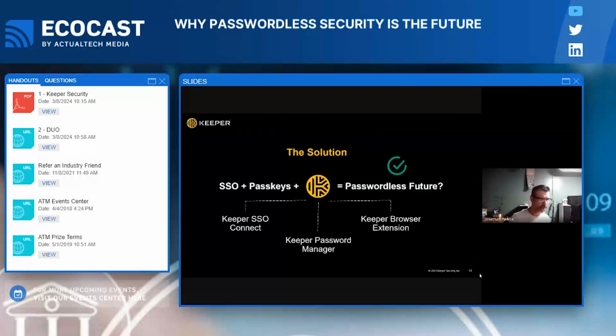Keeper does integrate into a single sign-on identity provider stack. It doesn't matter who you're utilizing. We integrate with any IDP SSO. It's just SAML 2.0. SSO providers such as Microsoft Entra, Okta, JumpCloud, OneLogin, et cetera. So that's cool, having that seamless use of your identity. Keeper Password Manager can store usernames and passwords that get utilized on web application websites and